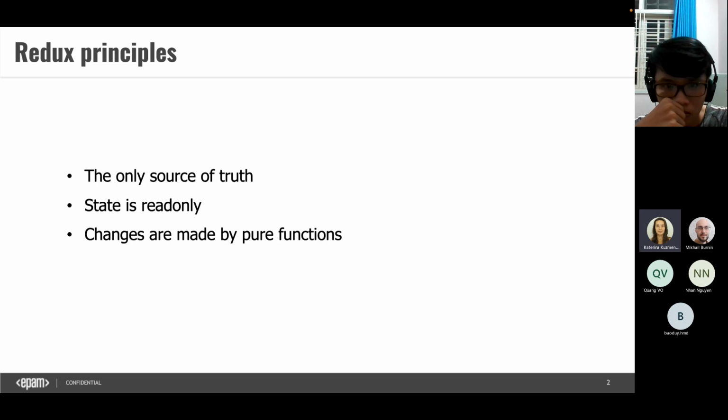This ensures that neither the views nor the network callbacks will ever write directly to the state. Instead, they express an intent to transform the state. Because all changes are centralized and happen one by one in strict order,